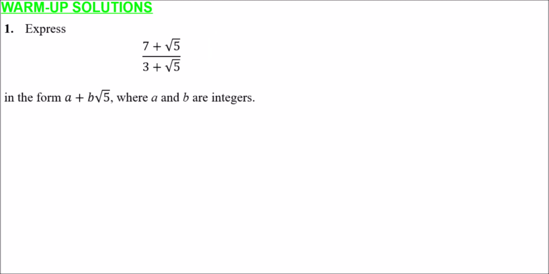So what we do for that, to rationalise the denominator, is we have to multiply both sides, top and bottom, by this denominator with the sign swapped. And so the 3 plus root 5 needs to become 3 minus root 5. So multiplying top and bottom by this,